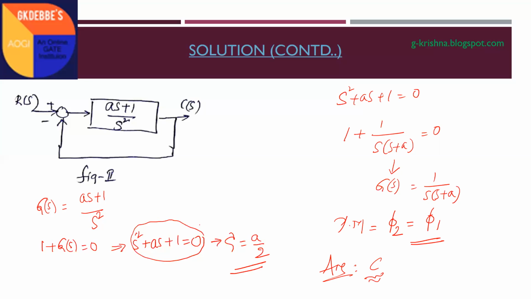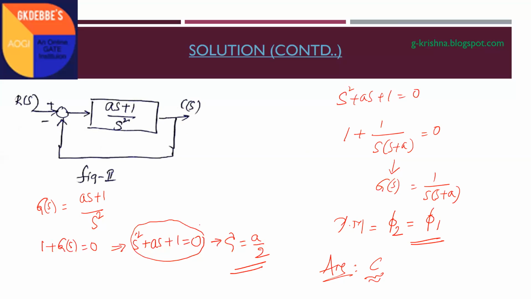I will tell you to solve in this manner also. Already we know that for the standard second order system, phase margin is a function of only zeta, and the mathematical formula has been explained to you. Now, using the normal phase margin definition for any system, that is 180 degrees plus the phase angle of the open loop transfer function at the gain crossover frequency, you have to find it out. Use that method also for this second system and find the phase margin. That will be the same as your standard second order system PM. You can check it by yourself. Okay, I already checked it, it is the same.